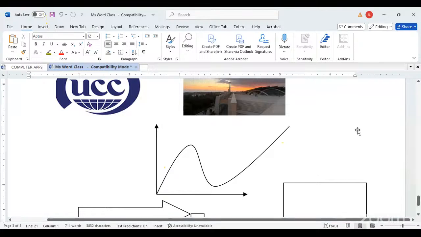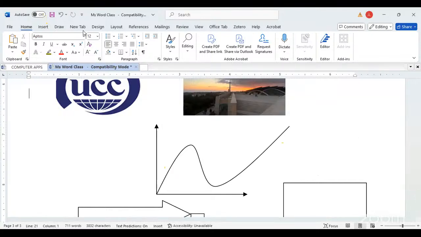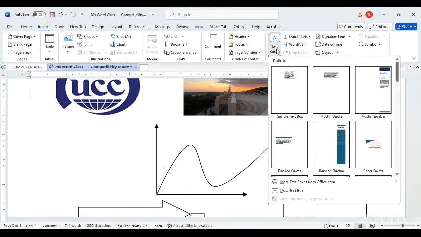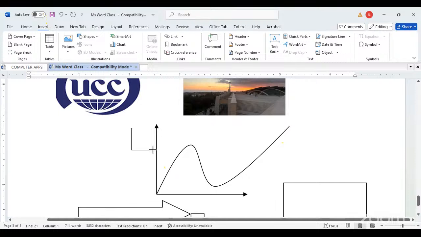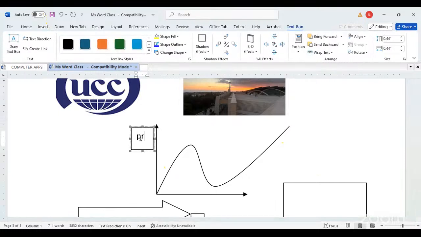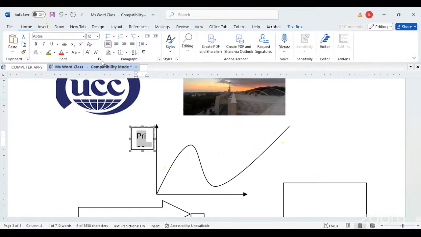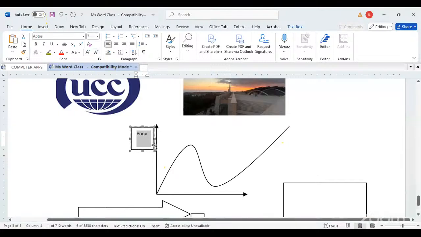It's price. So what you'll do, you'll come to the insert section. Now this time, you look for what we call a text box. Come and draw a text box here. For you to be able to write, so you write price. You can select this, go back to home, and make it smaller so that it is able to fit within. If you want to draw the same thing, you press the control button, click at this, drag and